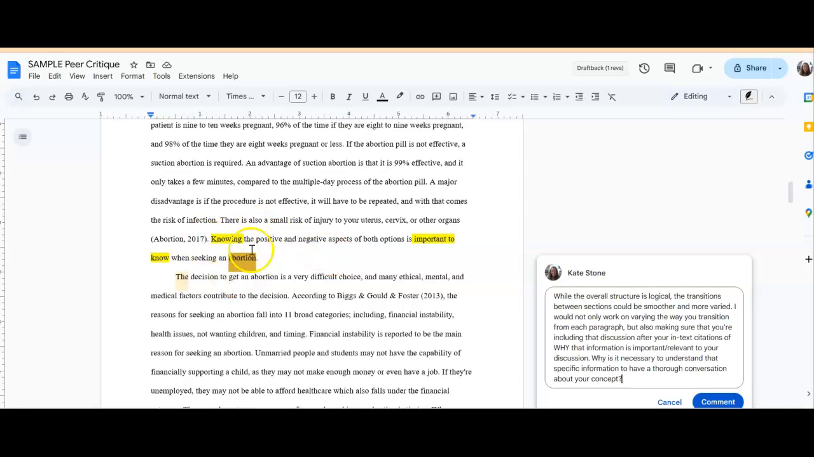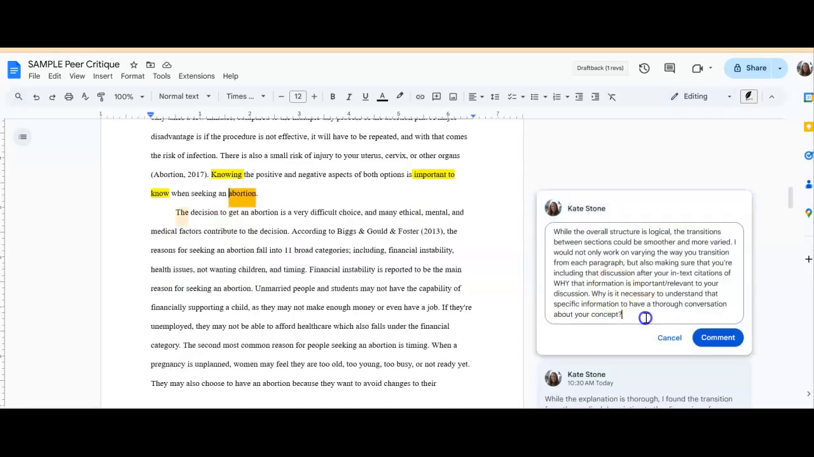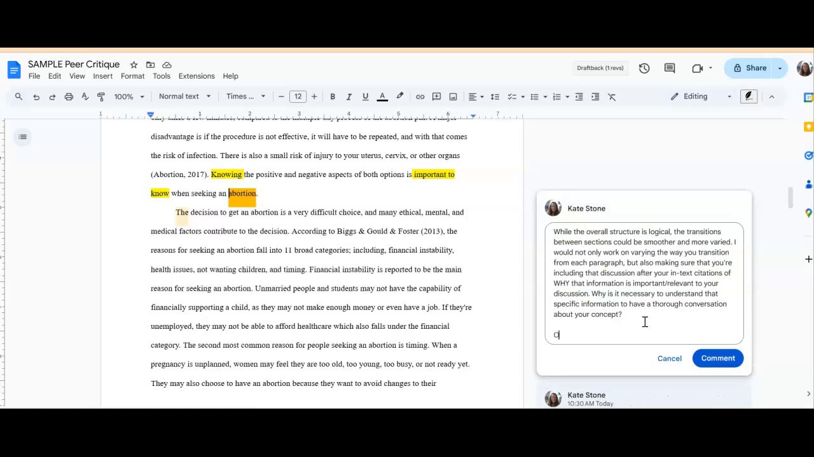And I put this one here because here is where they talk about how there is also a small risk of injury to your uterus, cervix, or other organs. And then they cite, but they don't really discuss it after the fact, right? So we're going to make that comment just so that they know right there. Now, a great thing for you to do as a peer reviewer is add in, okay, one way I think you could transition